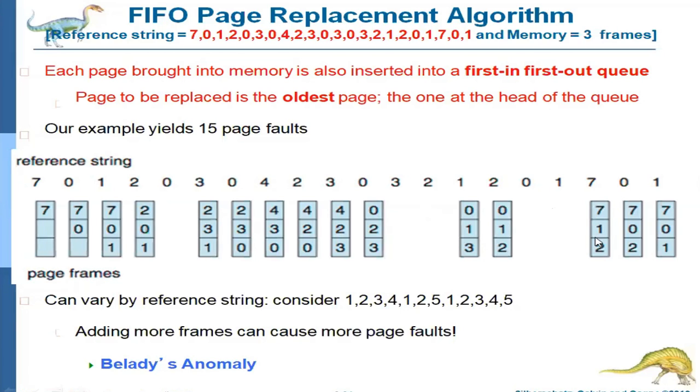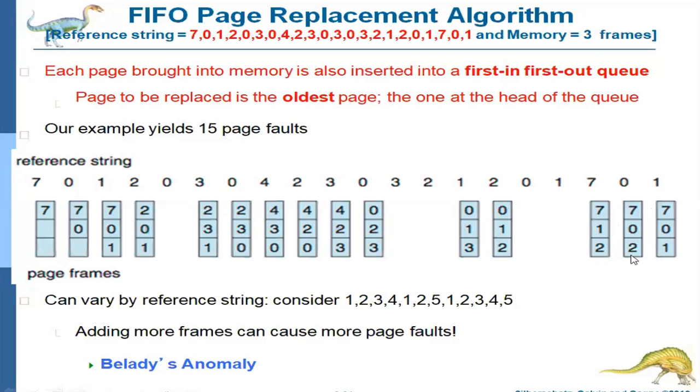So 0 means in this memory, page 0 is not there. That means you have to replace one of the pages. Which page do you have to replace? This is the FIFO algorithm, that is, the oldest page can be replaced. So 0 is not there. That means 1, 1 and 2. So 1 is the oldest one. So here instead of 1, we have to replace with 0.